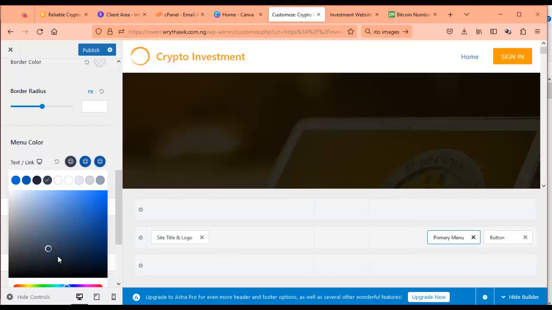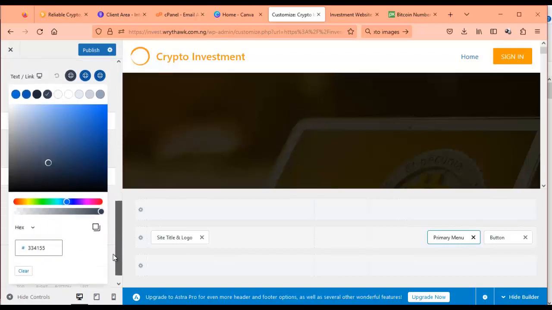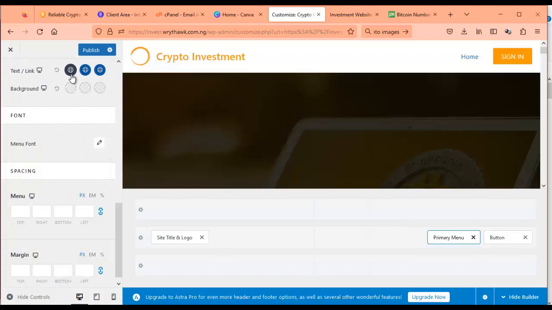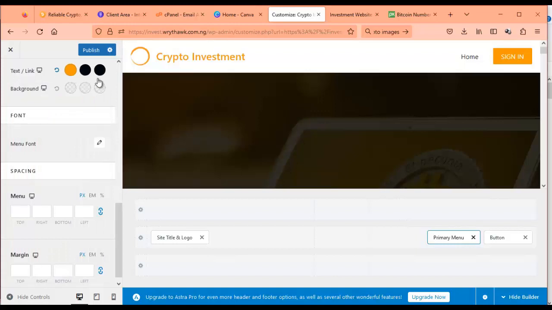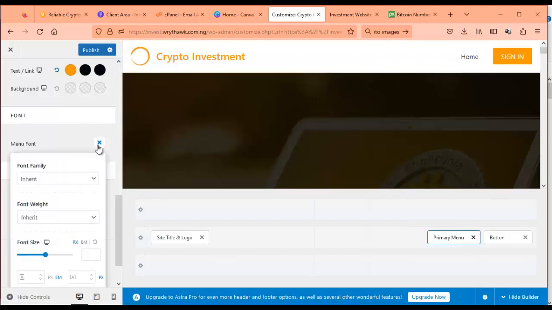menu color. I'll choose this. Then yeah, I'll choose something dark. Active dark. Okay, so when it's active it will be dark. Then font, menu font, here you can see, work on the font, choose a font that you want, font size,